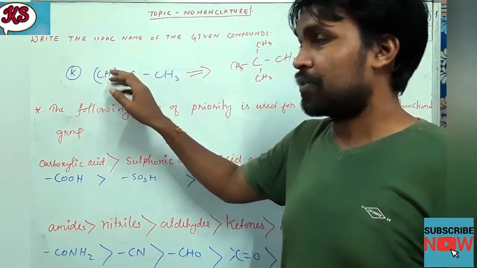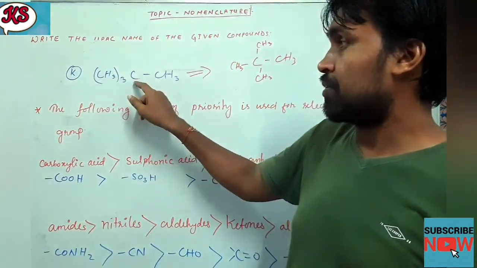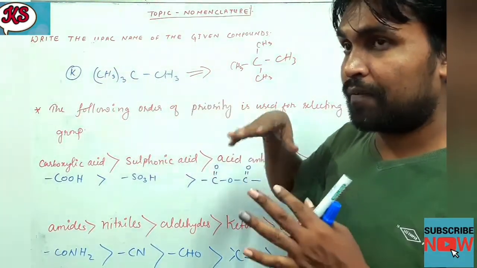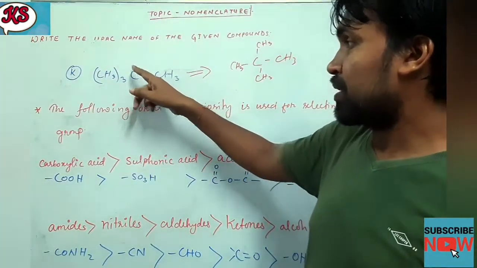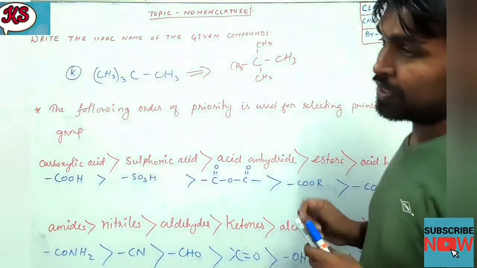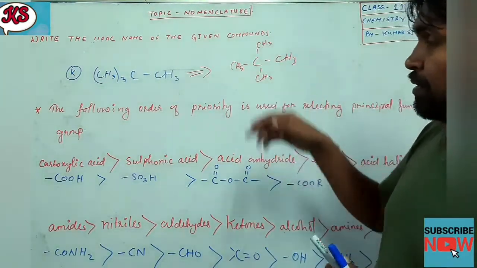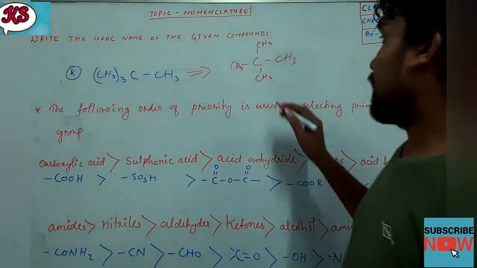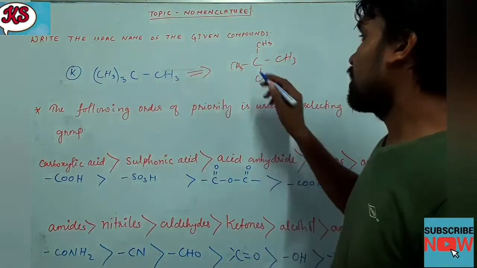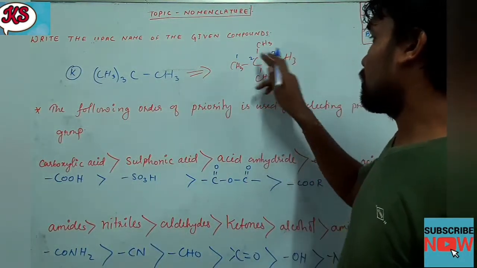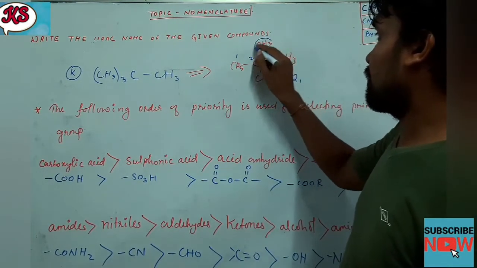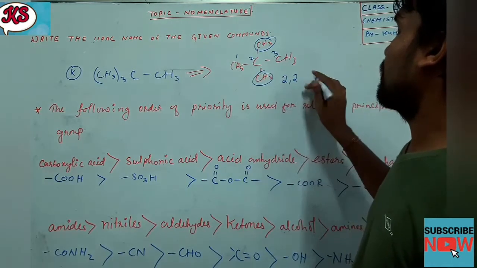Whenever you find a bracket, always remember that bracket will be attached to this carbon. This carbon is only C, but as per the rule they should have 4 bonds. One bond is there, so remaining 3 bonds will be CH3, CH3, CH3. Okay, whatever is given in the bracket, that one always comes in this way. Okay, got it? You have to remember that. So we will be starting the numbering. Anyway, you can start 1, 2, 3. So it will be what? 2, 2. 2 branches are there, and 1, 2. So it will be 2, 2